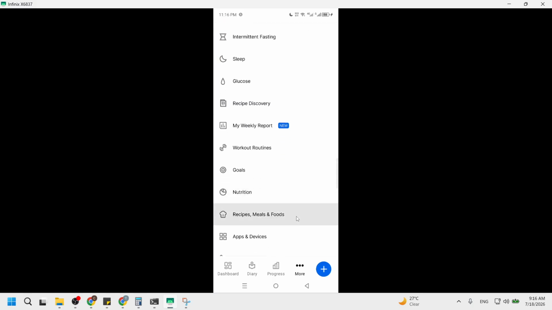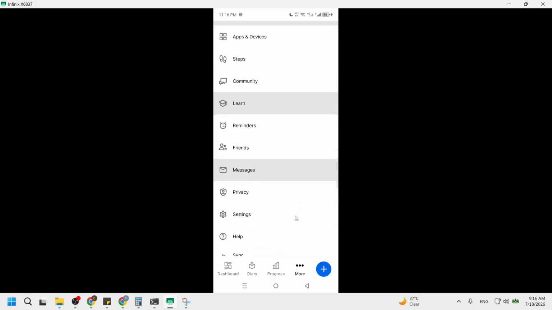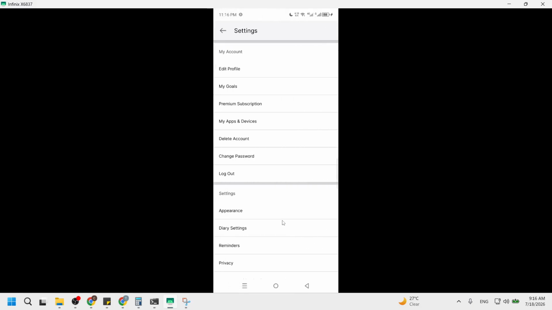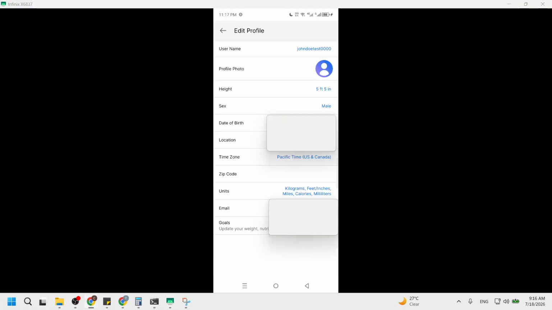Now tap on Settings from the menu, then select Profile. As you do this, you will be directed to a page where you can view and edit your personal information. This step is significant since your profile data influences your calorie goals. Ensuring that your information is correct will help the app provide accurate dietary recommendations. Take a moment to review what you see on your screen.